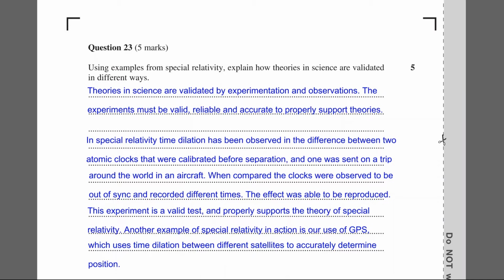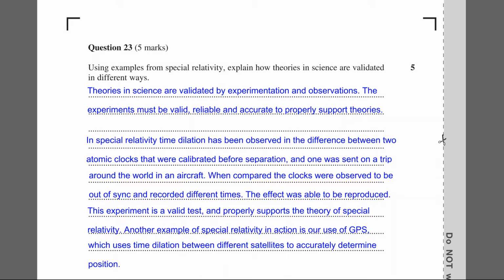Question 23. Using examples from special relativity, explain how theories in science are validated in different ways. Theories in science are validated by experimentation and observations. The experiments must be valid, reliable, and accurate to properly support theories. In science, the words valid, reliable, and accurate mean different things, but they lend towards the same sort of principle